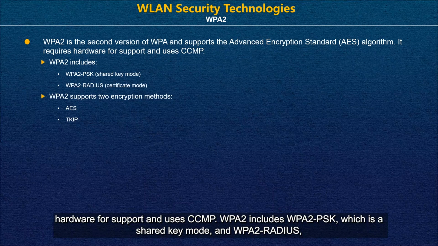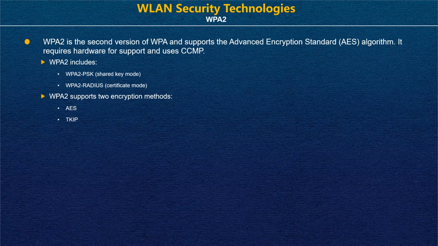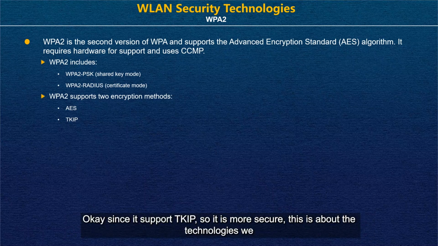WPA2 includes WPA2-PSK, which is a shared key mode, and WPA2-RADIUS, which is a certificate mode. WPA2 supports two encryption methods, AES and TKIP. Okay, since it supports TKIP, it's more secure. This is about the technologies we